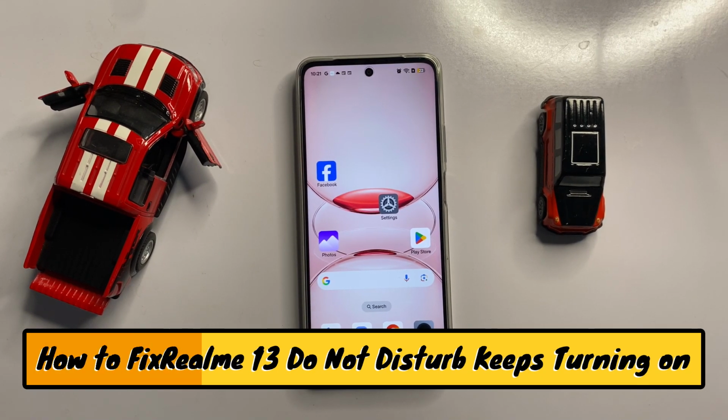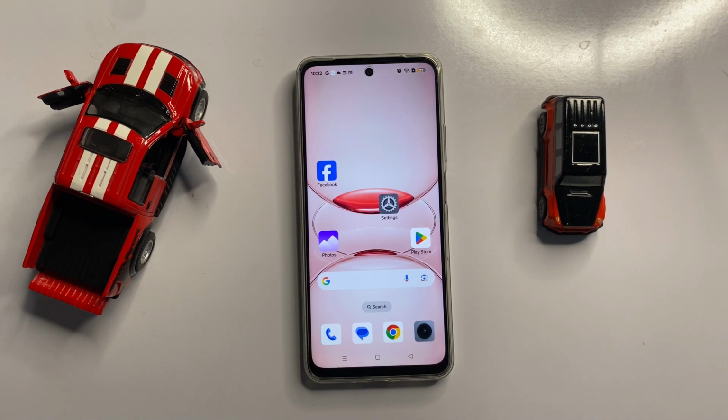How to fix Do Not Disturb keeps turning on in Realme 13. So let's start the video. First of all,